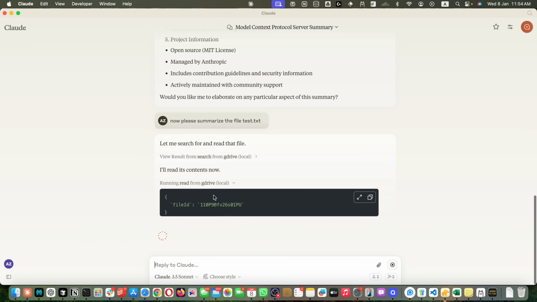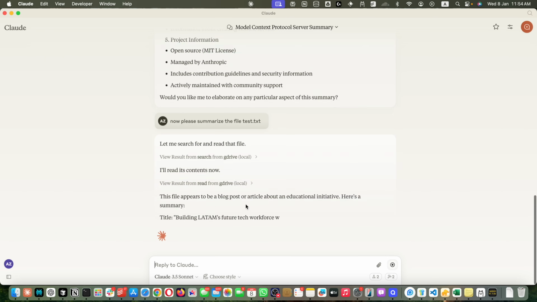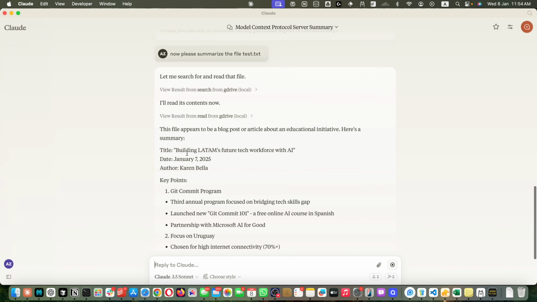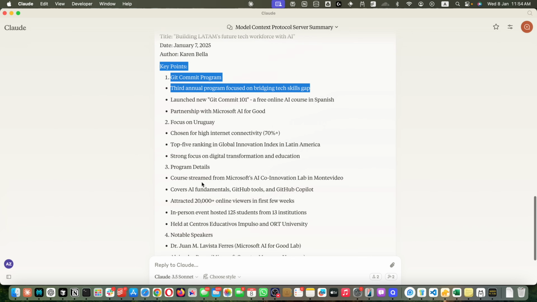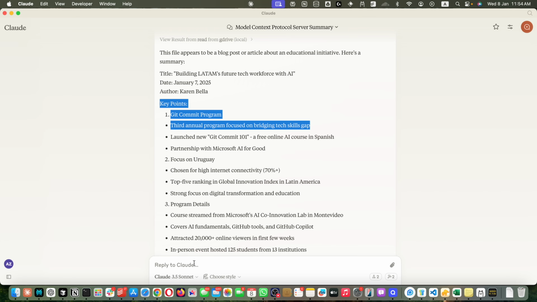Okay, it was able to find it. This is the file ID, and it was able to read the content. Now it is the summary. It is created on this date. These are the key points, etc. Now let's quickly ask it, please